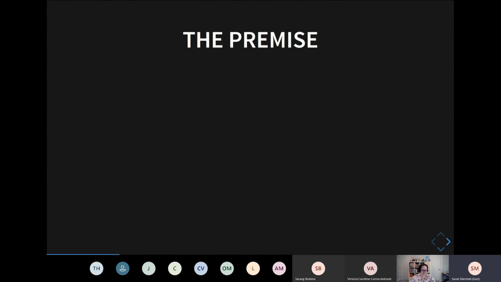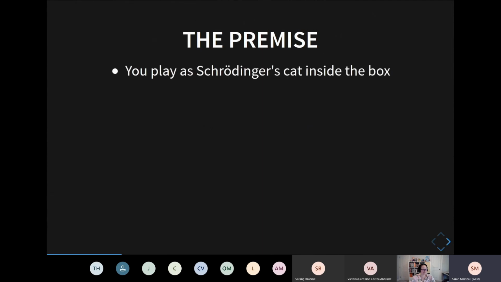So the premise of the game is you play as Schrödinger's cat. You're inside the quantum box in the thought experiment. For those who aren't familiar, the thought experiment is that Schrödinger has a cat inside a box that's sealed off from the outside world. You can't observe anything inside of it. And you have this quantum device in it that, this is where it gets sort of morbid, will kill or not kill the cat, or release a poison, depending on a quantum event happening,